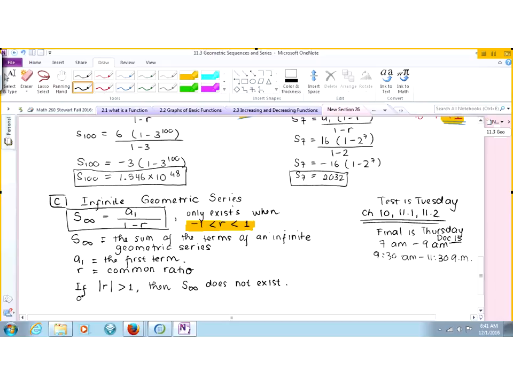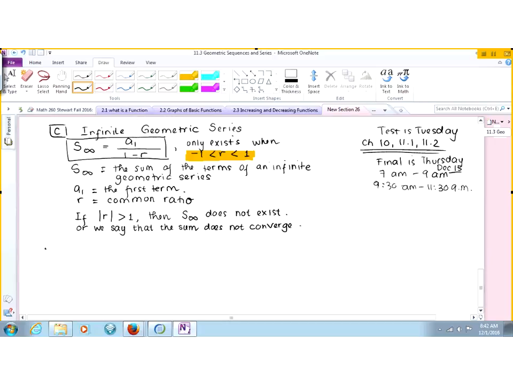So we say that the sum does not converge. All right. So if it doesn't converge, we say it's divergent. All right. So for example,